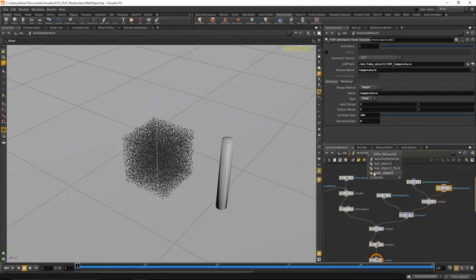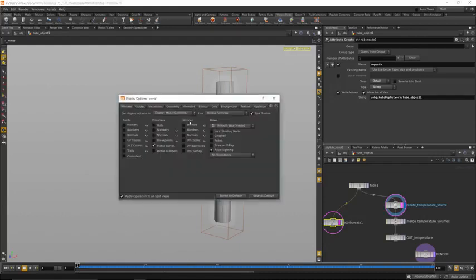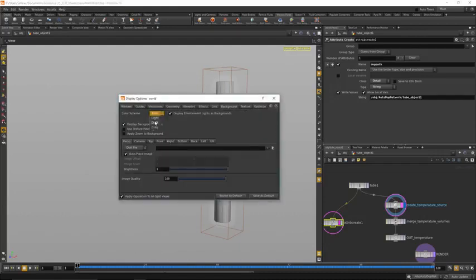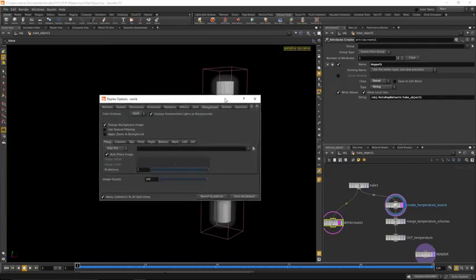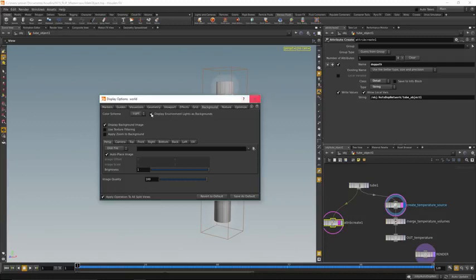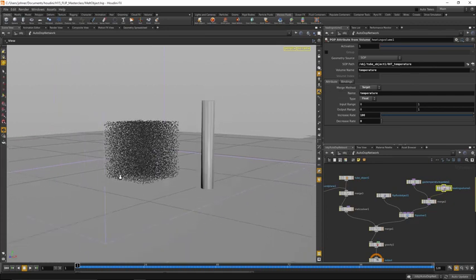So if we go to what this looks like here, it's a little hard to see, but you can see there's a small dense layer here that is the temperature, that is the heat basically. And so this transfer is essentially from that volume here into these particles to make them hot,